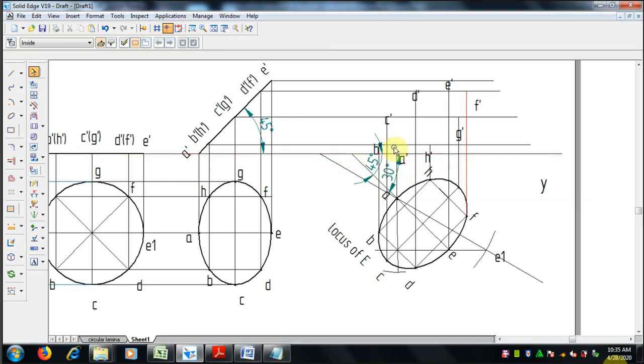Then by using the curve option we have to join all the points. For better visibility, you can move the letters a little bit nearby. Select curve, spline curve, and select the end points of the lines for the correct curve.